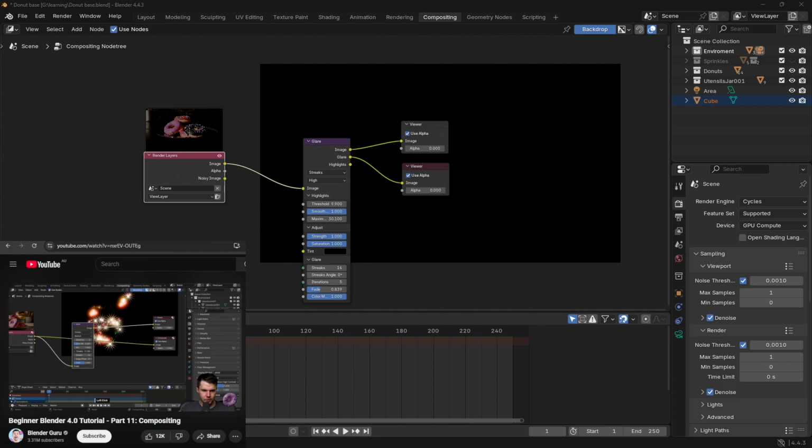I can then also quickly adjust the threshold so that I'm only getting it in the really bright places. Yep, that's good. And then